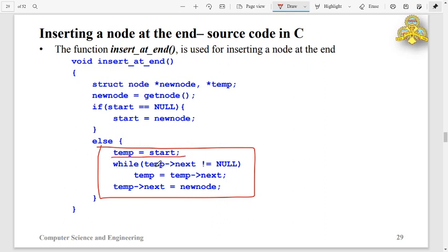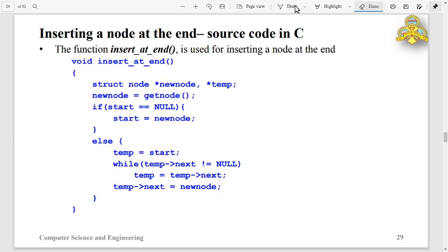By using a loop, move to the last node. That is done by an iterative construction using a loop. See, this is the while loop. Here the temp pointer is made to point to the last node. When the while loop completes, temp is pointing to the last node. Now the temp next is null. There I am storing the address of the new node's base address. So this makes inserting a new node at the end of the linked list.